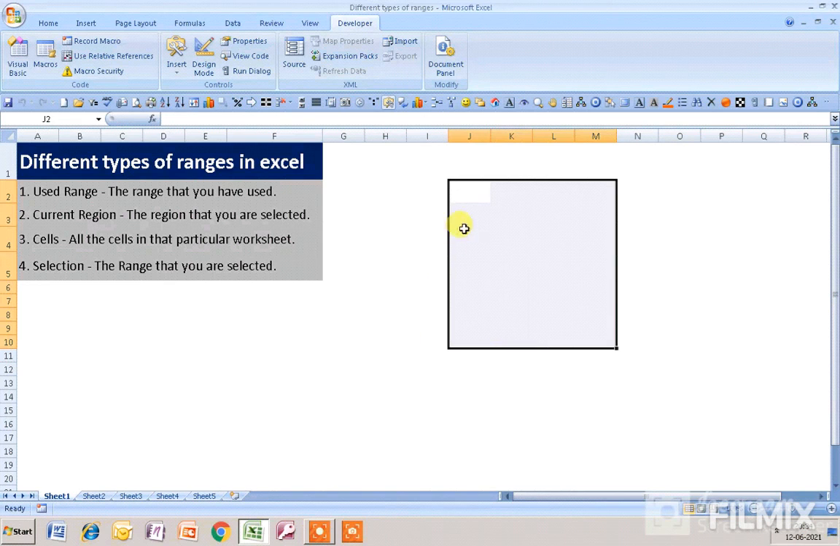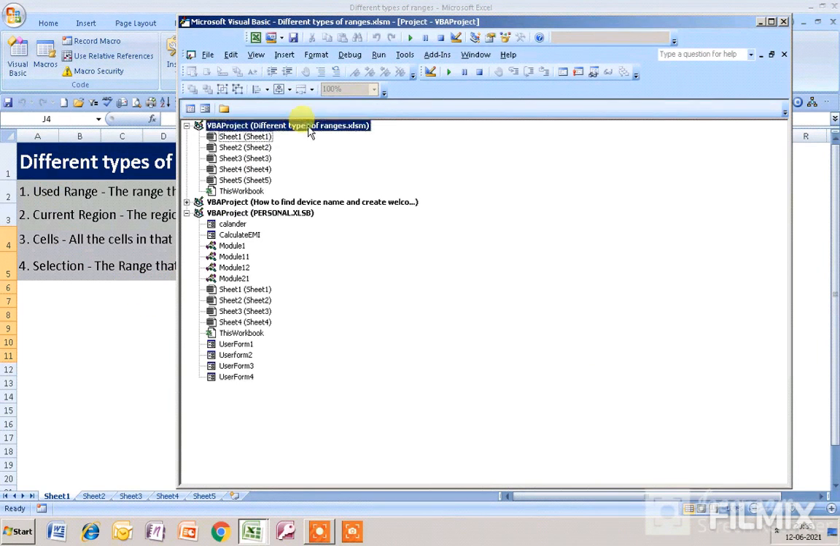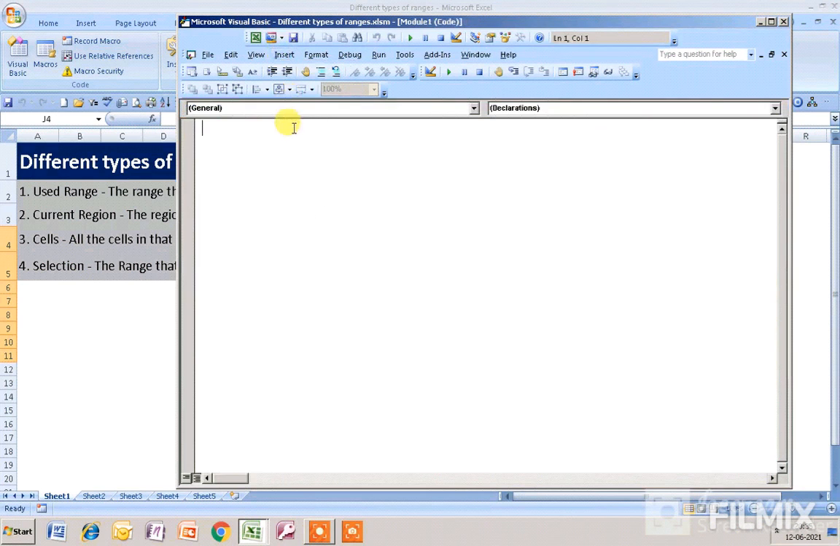And if you select this particular range and run the macro, then you will see the changes in these particular ranges only. Now I will show you how to create these 4 different types of ranges in Excel VBA. To do it, first of all I have to go to Visual Basic and insert a module. I just insert a module first, and now I will name that module in the name of sub